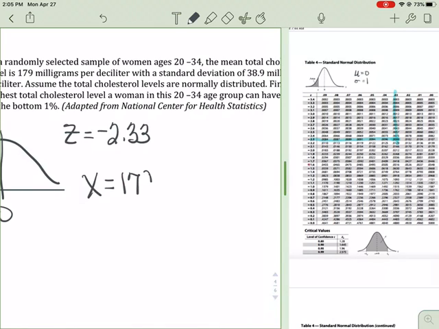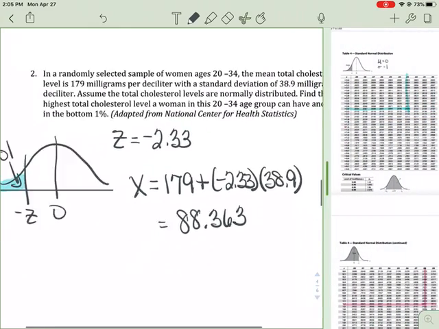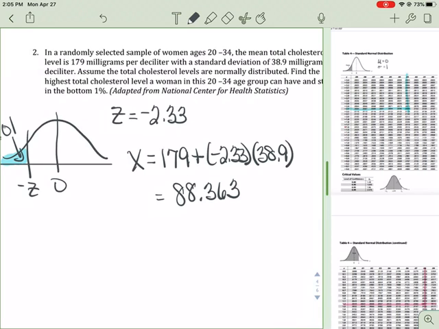So x equals our mean, which is 179, plus negative 2.33 times the 38.9 standard deviation. We do the math, we're going to get 88.363. So the highest cholesterol level that you can have and still be in the bottom 1% is